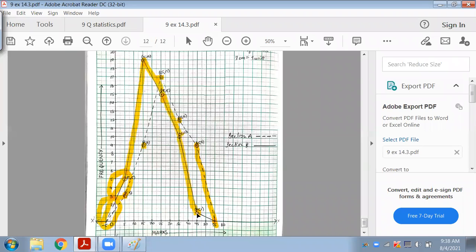And the last one with the next mid value. Next mid value is what? It is 55, we know. So you're going to join the last one with the next mid value, that is 55, like this. And here section A represents